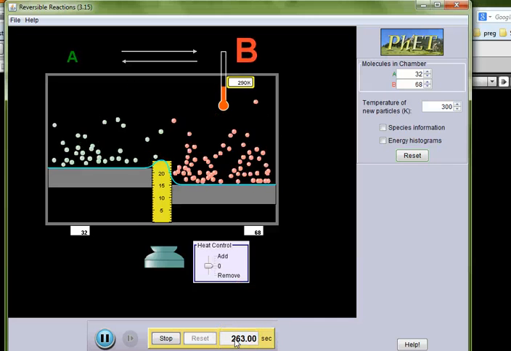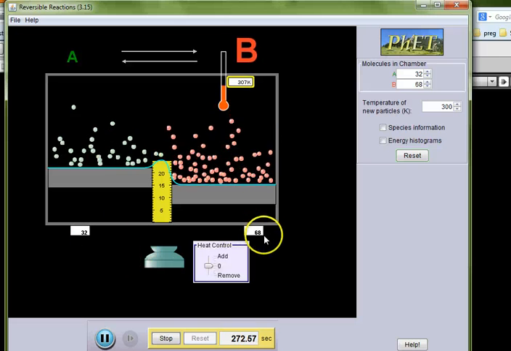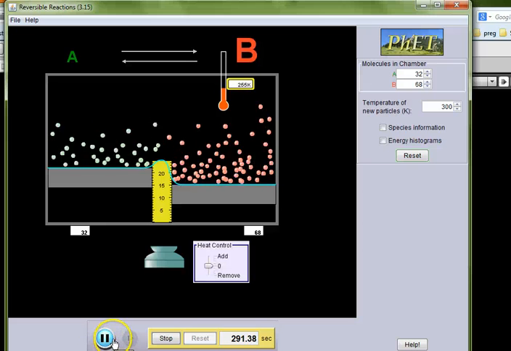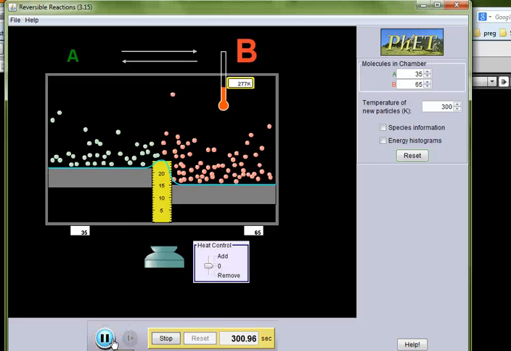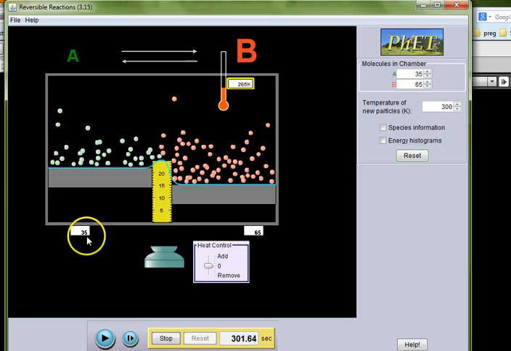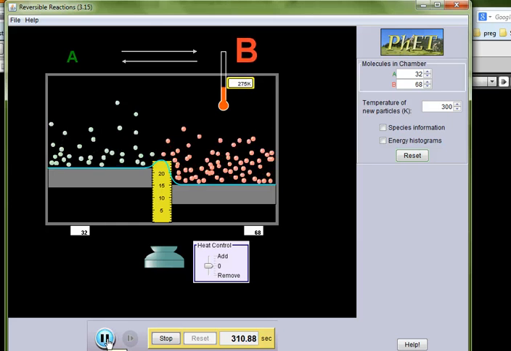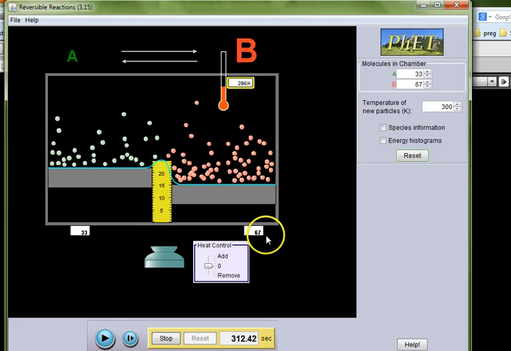Okay, so right now it's still decreasing. You can see at about 300 seconds or so, it should reach an equilibrium. So you can see that now you have about 35 of A and 65 of B, and then we'll let it go. You can see that it goes down to 33 of A and 67 of B, and so on and so forth. So you take an average of these numbers. You take about 4 or 5 readings, take an average, and that would be your equilibrium concentration of A